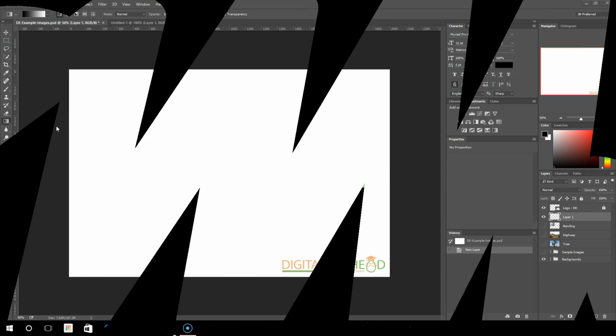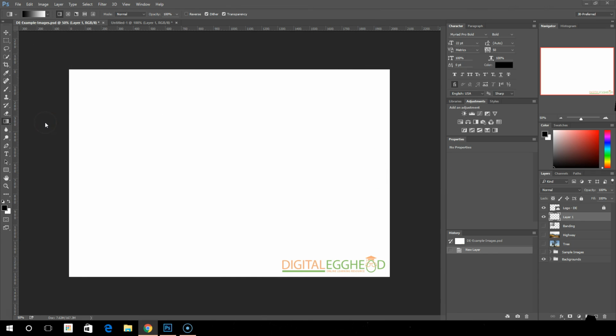Welcome back. Today we're going to talk about the paint bucket, gradient, and 3D material drop tools. These can all be found over here. Starting with the gradient tool, we're going to start with the paint bucket tool, but gradient is the default tool that's on the list. So starting with the paint bucket tool